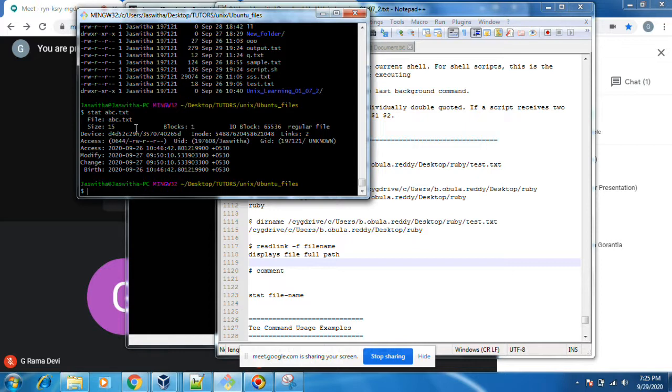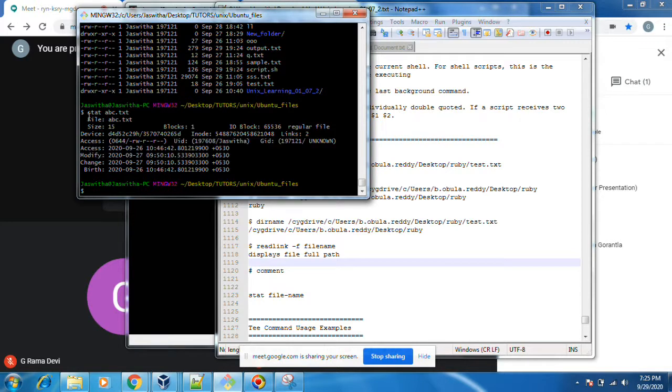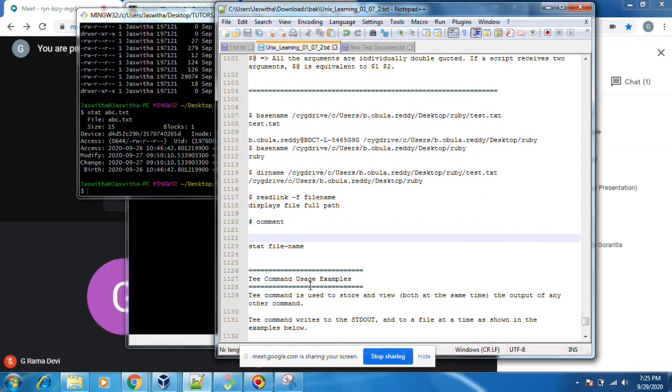Next to it are the change date, modify date, access date. It also shows the file size, IO block, and all kinds of things. Using stat you can see birth, when it was first created. Everything is in the file statistics.